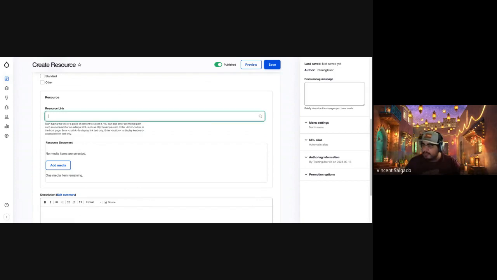Copy, and then for this one in particular, I have to put this in here. So that's going to make an external link. What you don't want to do is the same thing with an internal page. So for the training website, if I was going to go to the about page,